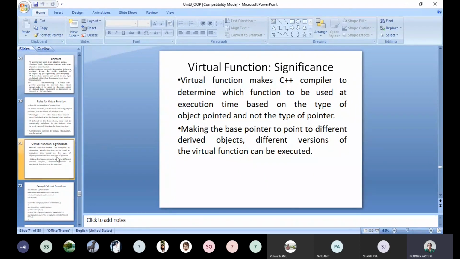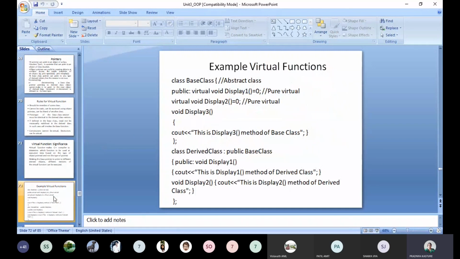Okay, so we will see the example of how we can write this for the virtual function. We already discussed this in the second unit, but we'll discuss it again in the form of virtual functions. Class Base is given. Now in this we are writing virtual void display1, which is the name of the function. As the virtual keyword is attached to it,